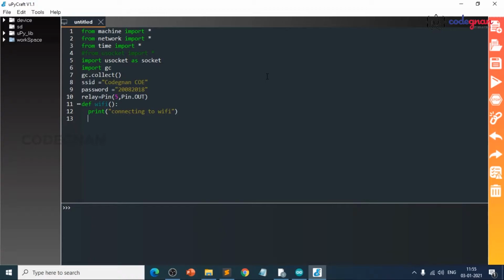Next thing, we need to initialize the variable for our station. Station equals to WLAN of STA underscore IF.